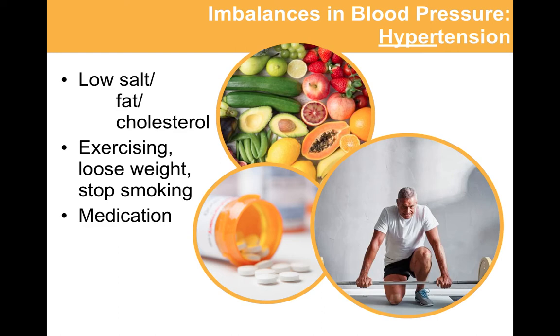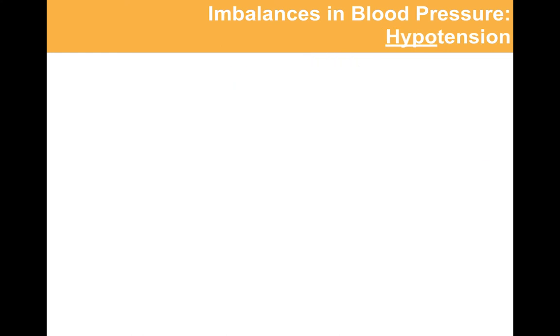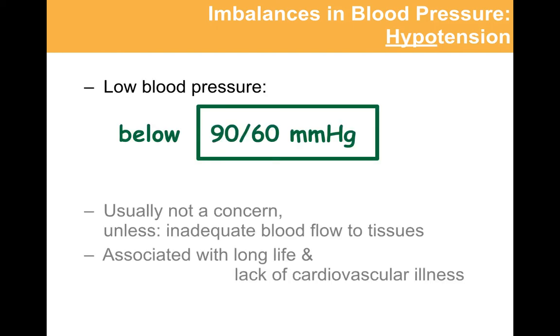Now, I want to talk about another kind of blood pressure issue. In hypotension, instead, the blood pressure is less than normal. A cutoff given here is 90 over 60 milligrams of mercury. Do notice that this is not usually an issue, so we would rather deal with this than with a too high blood pressure. When it becomes a problem in a medical sense, I guess, is when there is insufficient blood supply to the tissues due to low blood pressure. Then this would be an issue.